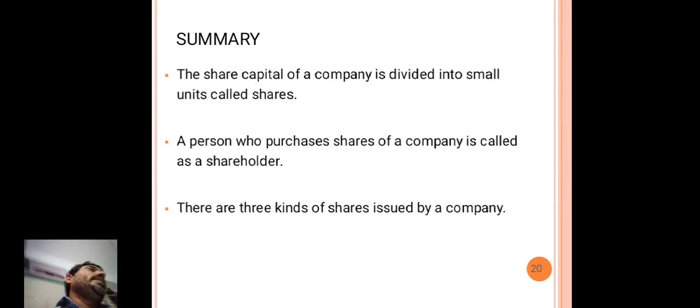The equity shareholders get a higher rate of dividend compared to the preference shareholders. If the company is getting good profits, more and more profits... Generally any company in the initial stages will get only nominal profits. Whenever the company is growing, it will generally get more and more profits. So the equity shareholders will get a higher rate of dividend,